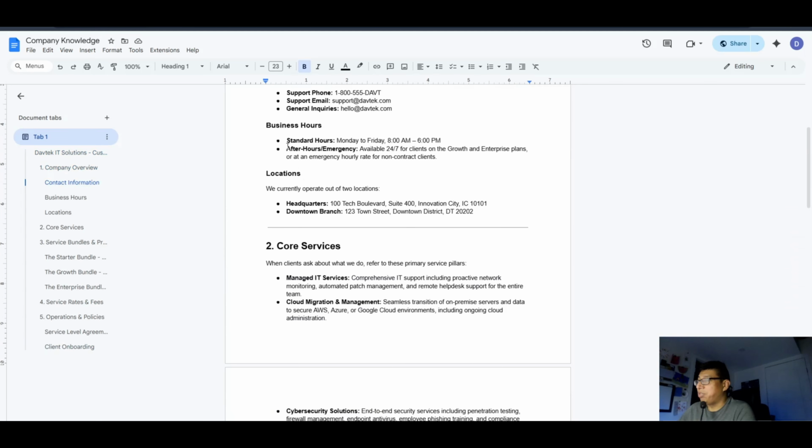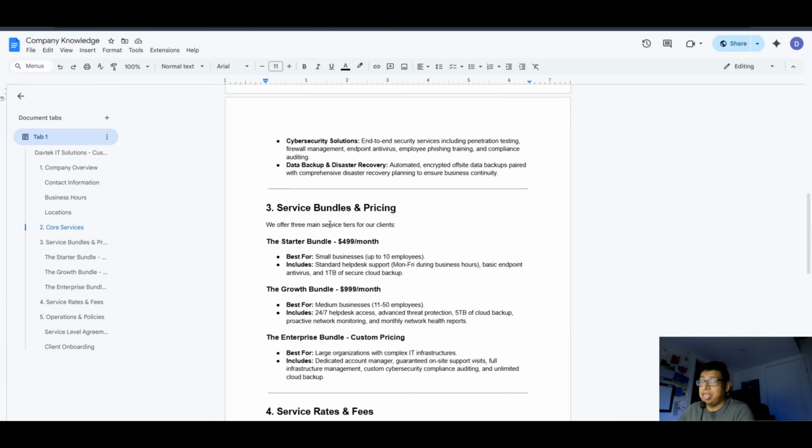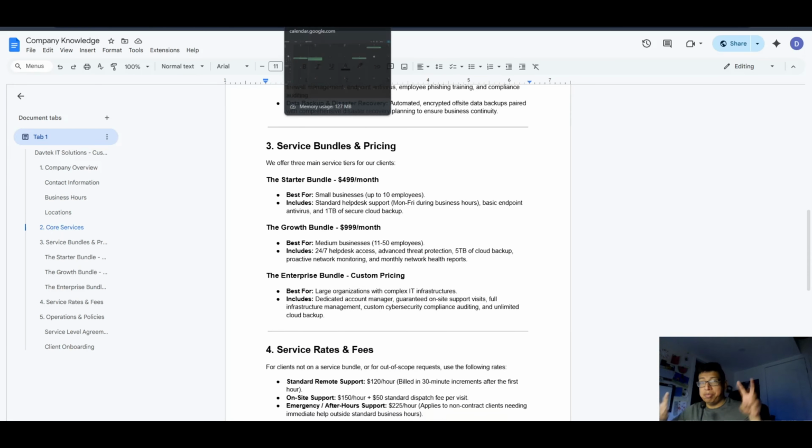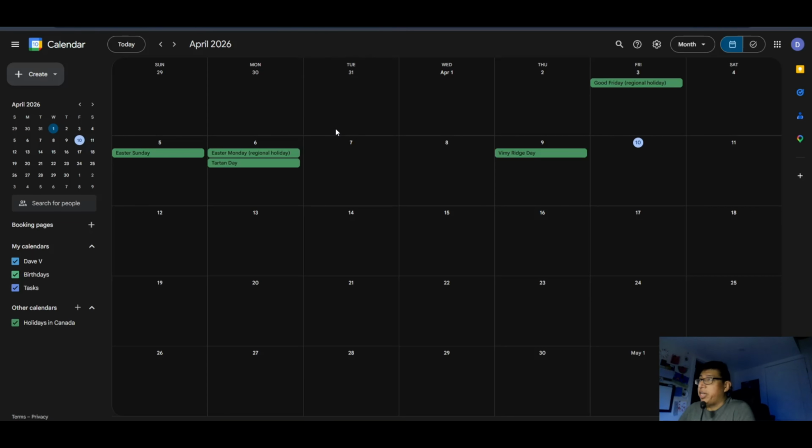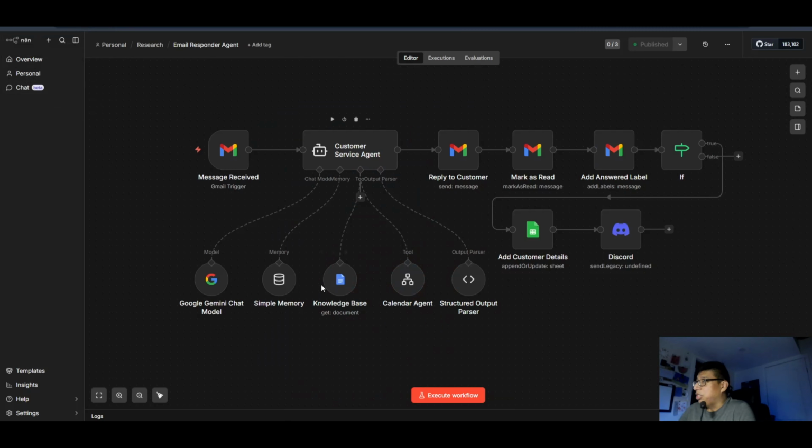It just basically has basic information, contact information, business hours, location, types of services that I provide, or what it says in the document, provide. And I'll also be using my calendar here. Okay, so this is what it has for its tools. It has its knowledge base, of course, has an LLM, and then it's using its memory. So this is so it can go back and forth between the customer in case they have any conversations right here.